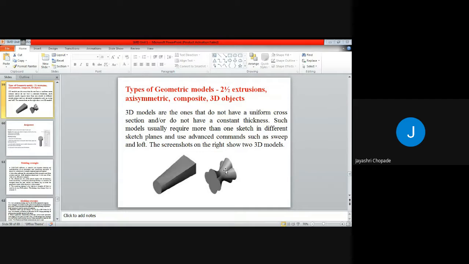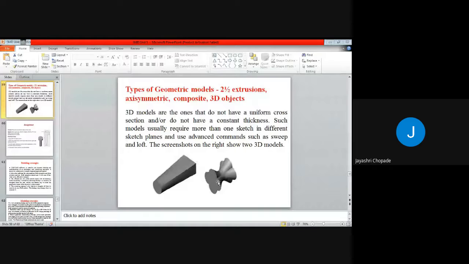So 3D models, or 3D objects, are the ones that do not have uniform cross section and do not have constant thickness. Here you can see that one end is circular and another end is rectangular, so it does not have uniform thickness, or the shape is different.